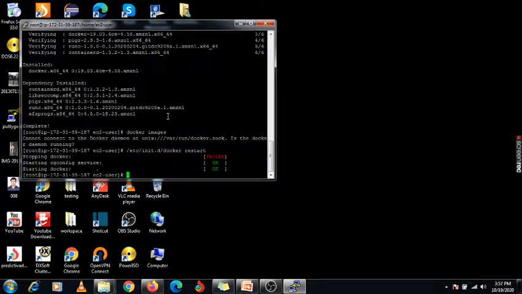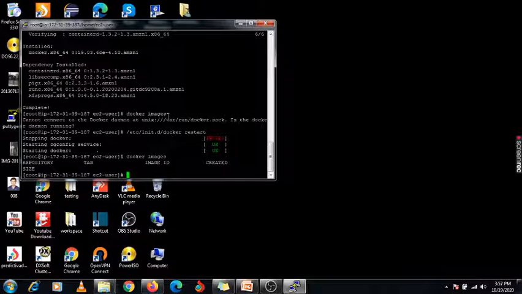Now this service is started. Now you can check docker images, to see whether this local server has any docker images or not. There are no images available on your local system.